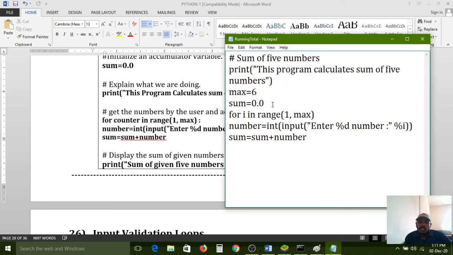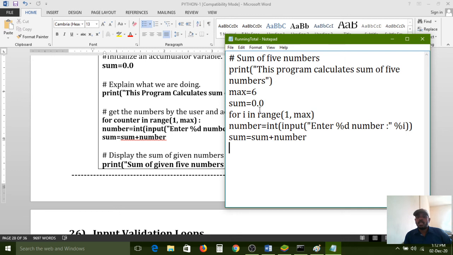This process is called setting the accumulator to 0. Here the sum variable is treated as an accumulator. It is called an accumulator because we initialize it with some value here. If we assign any other value, the sum will be wrong, because instead of 0, that value is also added to the given input.